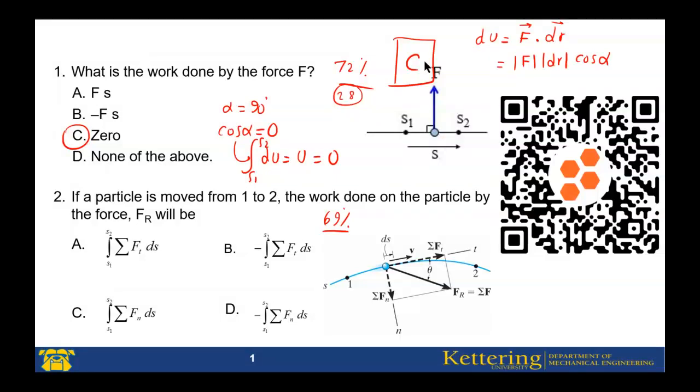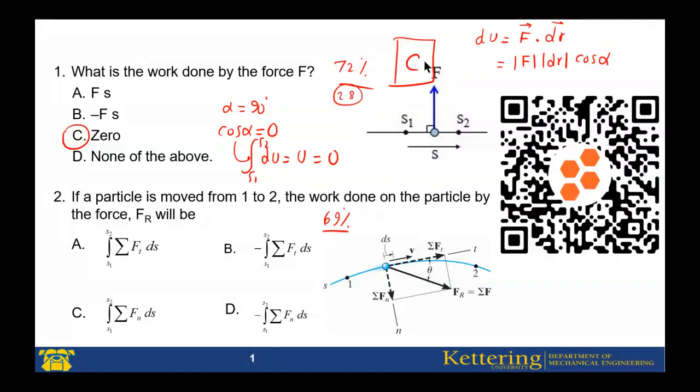Sigma Ft is the summation of the forces along the tangential direction. The summation of the forces along the normal direction is called sigma Fn. And also, because sigma Fn is perpendicular to the direction of the motion, or ds,